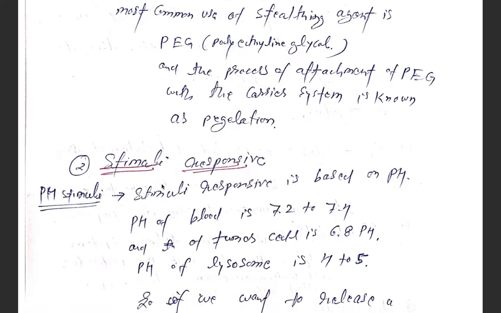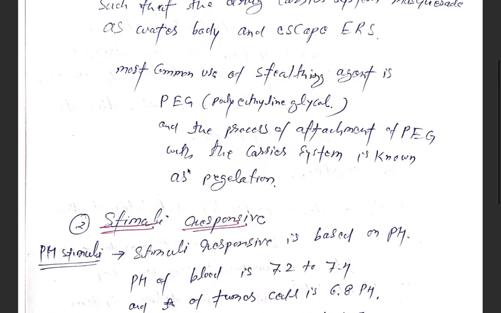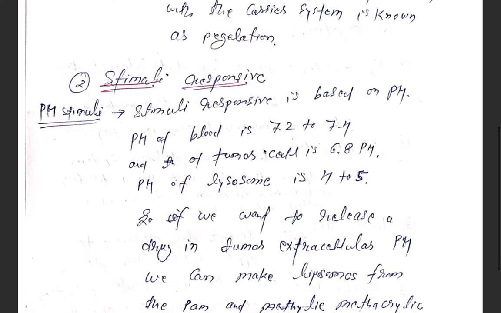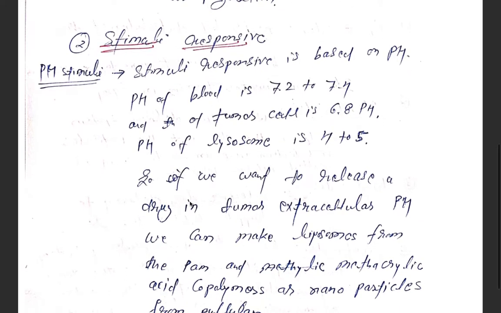Stimuli responsive. The second active targeting is stimuli responsive. Here the stimulus is pH. Stimuli responsive targeting is based on pH. The pH of blood is 7.2 to 7.4, and that of a tumor cell is 6.8. The pH of the liposome is 4 to 5. So if we want to release a drug in the tumor